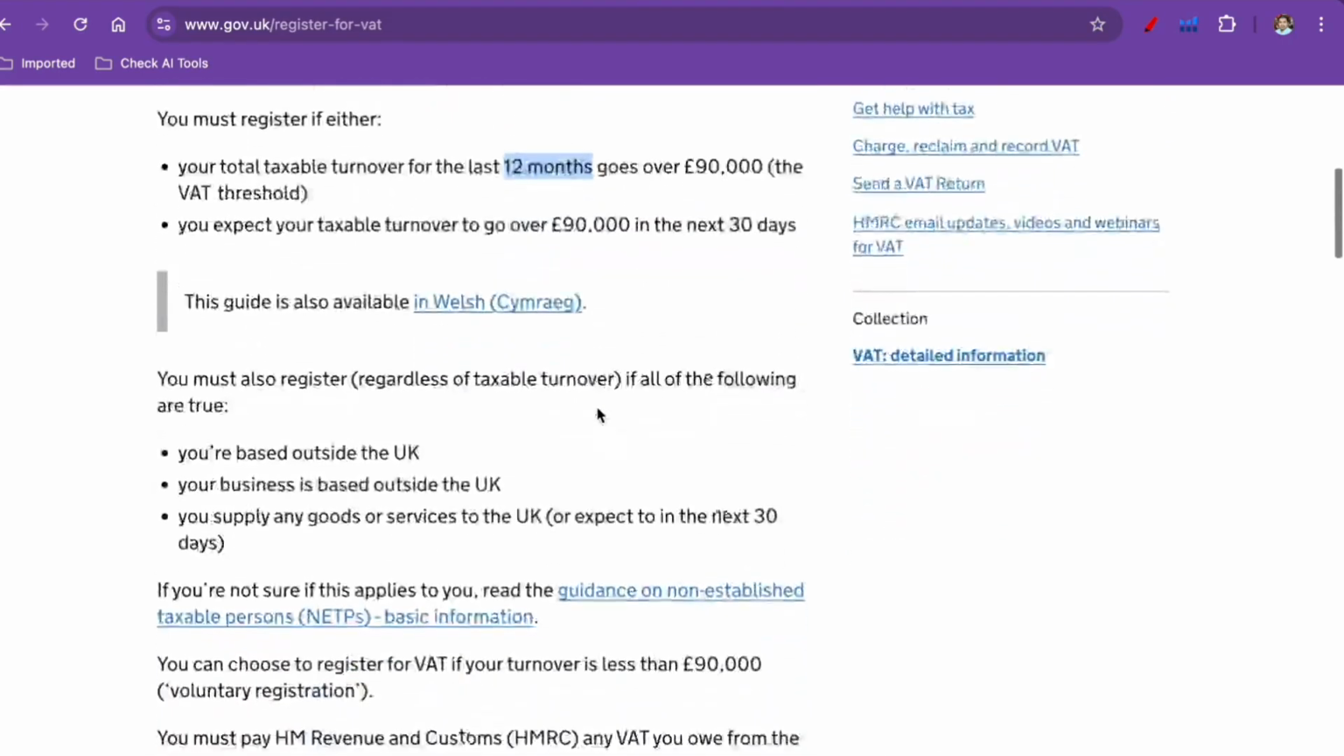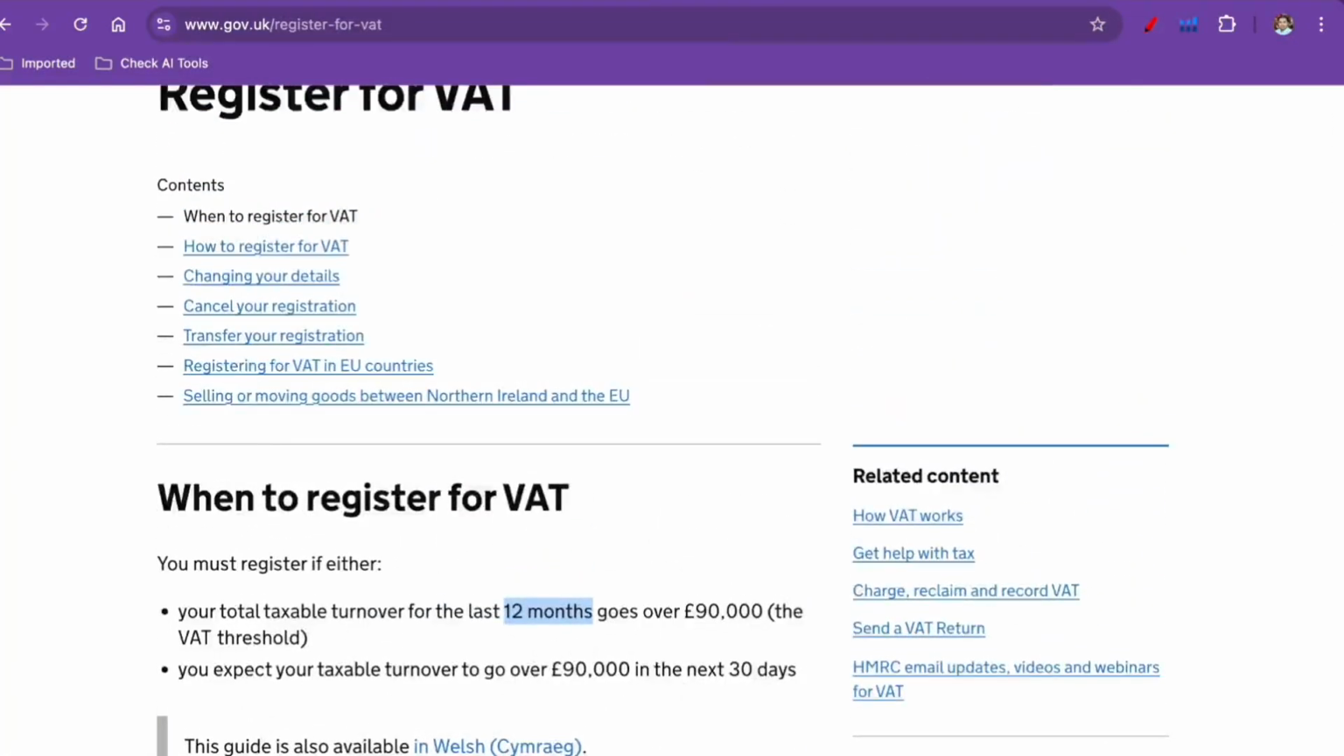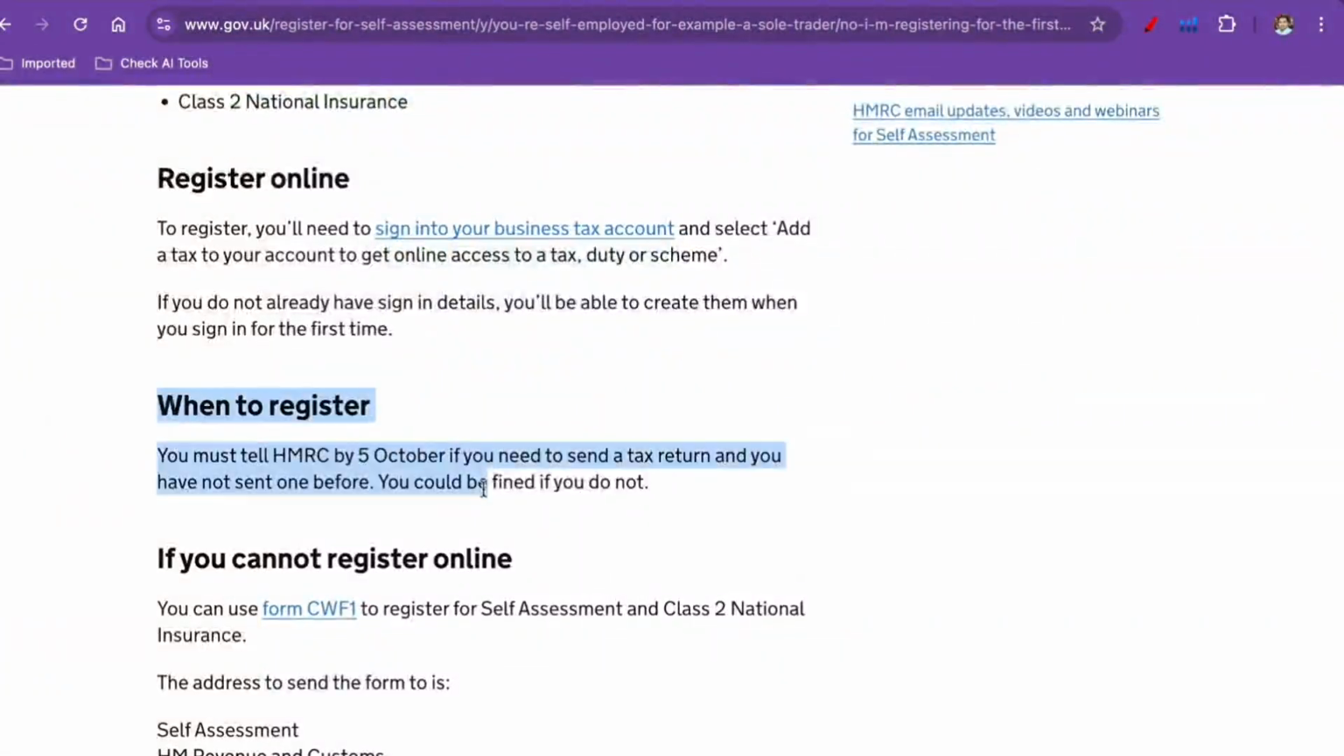So what I recommend at the end, if you want to keep things very, very simple, just simply get a UTR number and register for self-assessment right here. But if you are looking to scale your business, you think, okay, down the line I'm going to hire people, I want my suppliers to take me seriously, you want to do everything professionally,